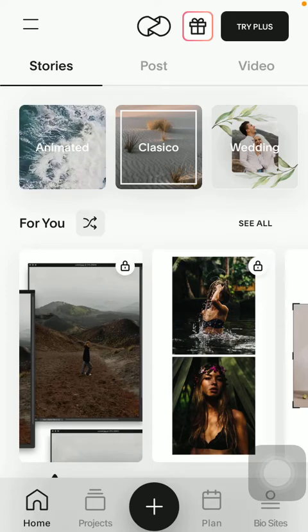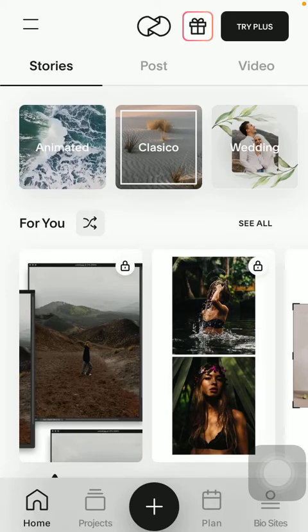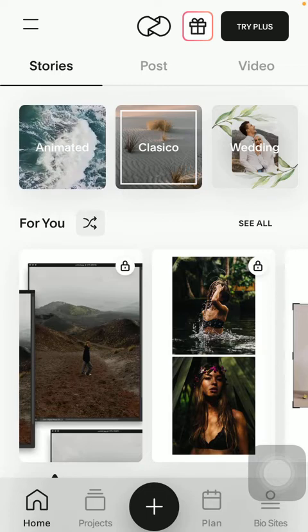Hello guys, in this video I am going to show you how to apply effects to your photos on the